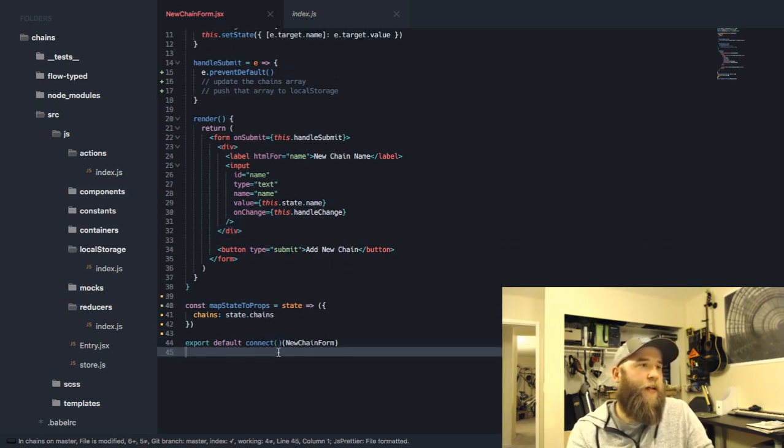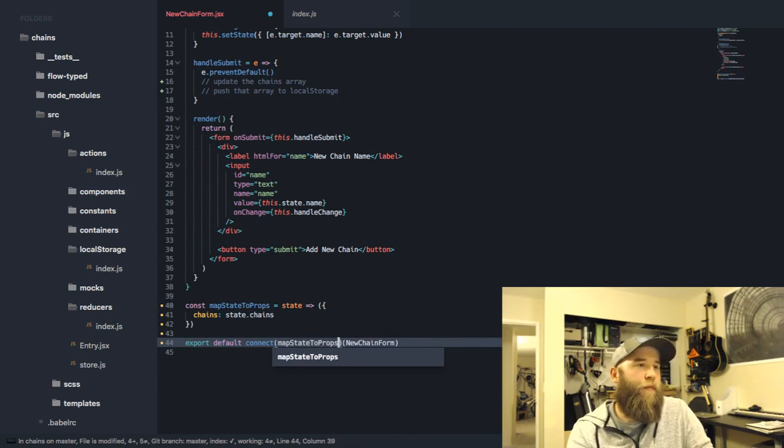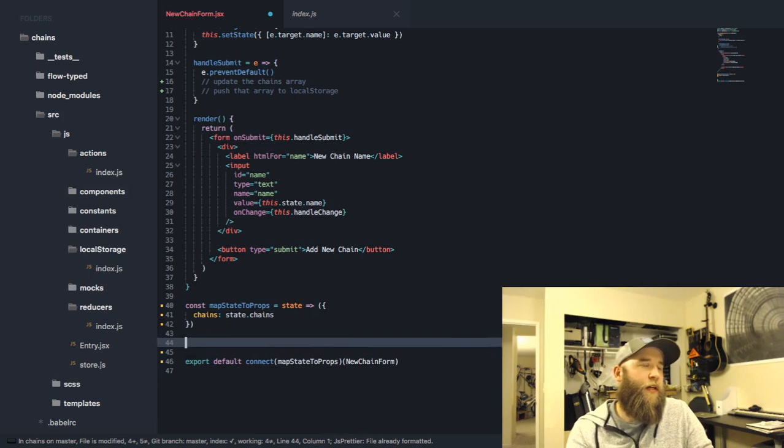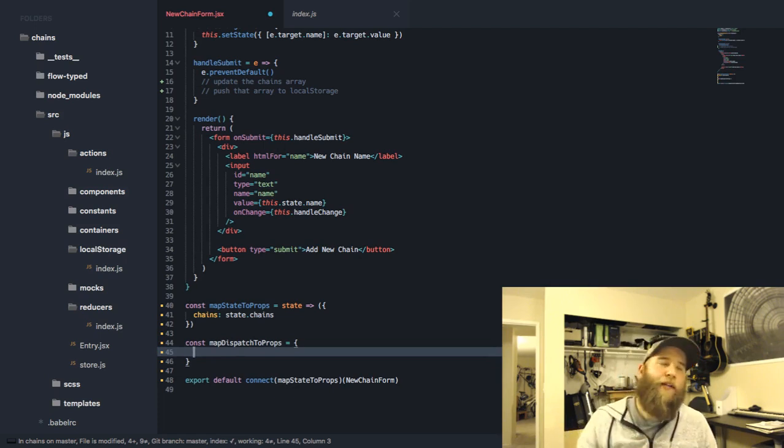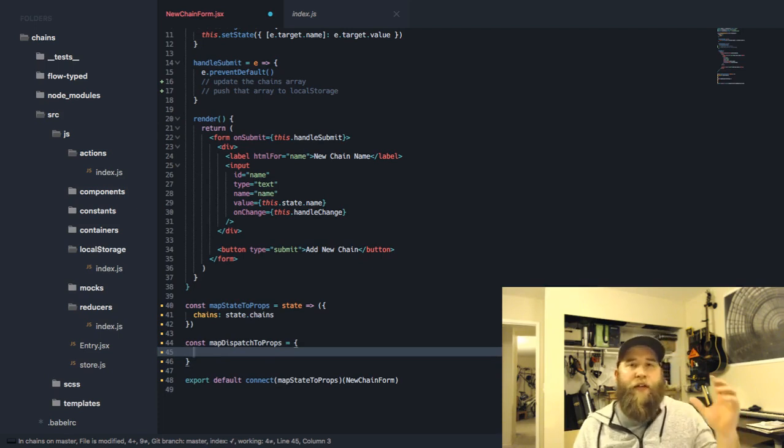And then that belongs here. And we'll pull in the update chains as well. So for those of you who don't know, you don't have to manually bind dispatch. You can actually just